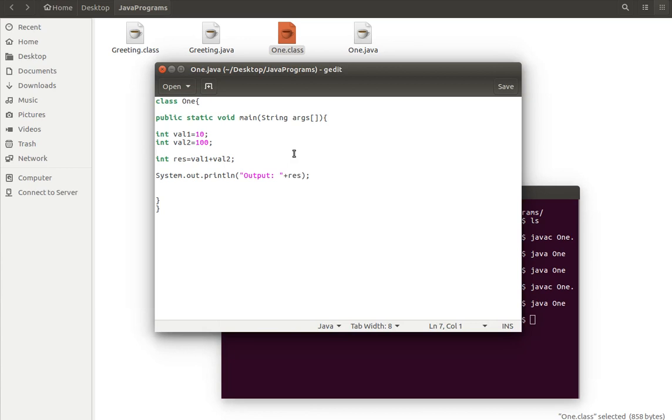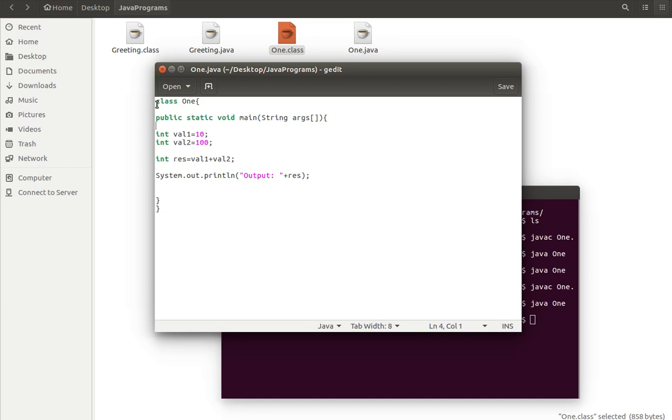And what else can we do? We can take the input during program execution, when the program is running. For that, we need to use something called Scanner. With the help of Scanner, we can read values into variables. Opening the code and assigning values every time is not advisable. So let's modify this code accordingly.